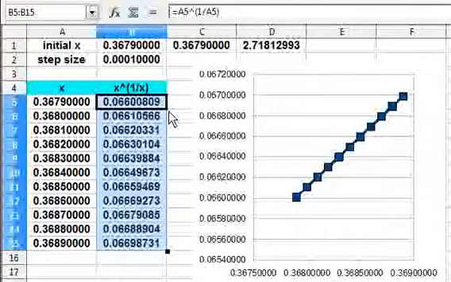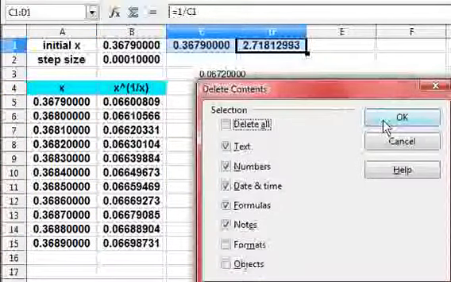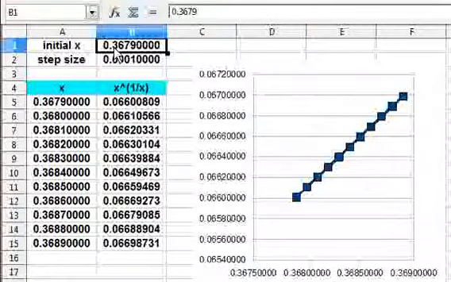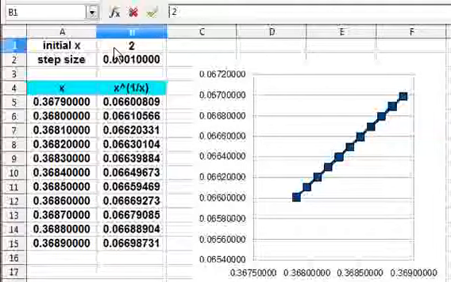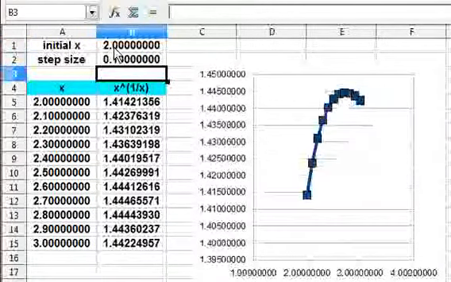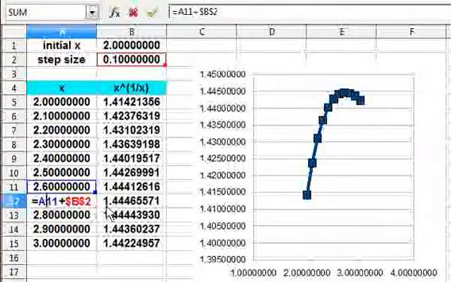And I know that the final value itself is e, where it touches the maximum. So I will try between 2 and 3 now. So I start with 2 and with the initial step of 0.1. Then we can see a curve which is rising up and then slowly falling down. So now it's a matter of hunting out where it is coming to the peak. So look at this 2.7 value.